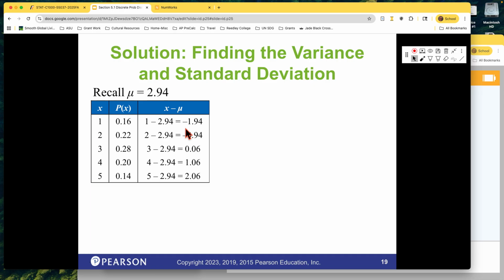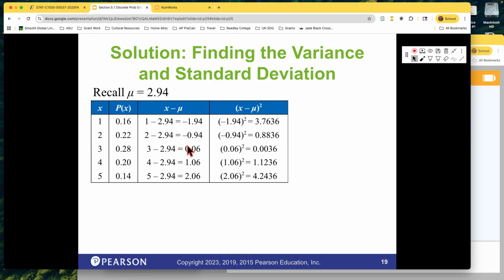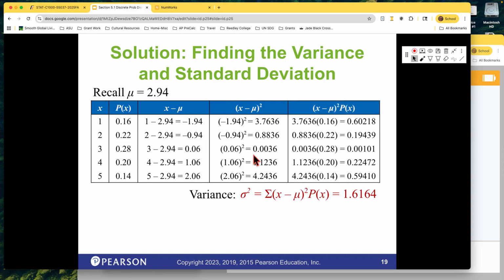Once you get sort of faith that the calculator is going to do all the calculations for you correctly, that's good. What I want you to focus on is, what is the standard deviation? If this is the mean, what is the standard deviation? It's how much we add or subtract from that mean to get the spread of the data. I want you thinking of that, and in the homework they'll ask you, what does this mean, right? So then we had to do this. We have to square each one, and we're not even done yet. We have to take the square of each one and multiply it by its probability of happening, and then we have to total it, and we get the